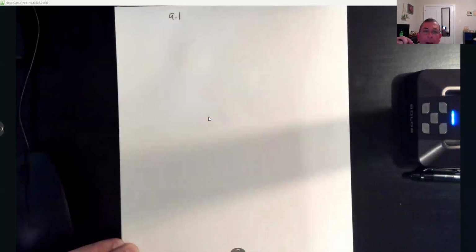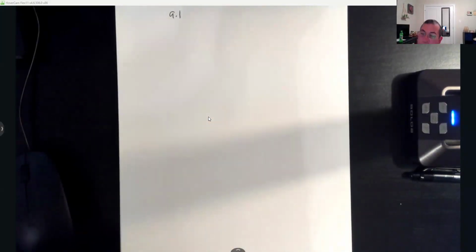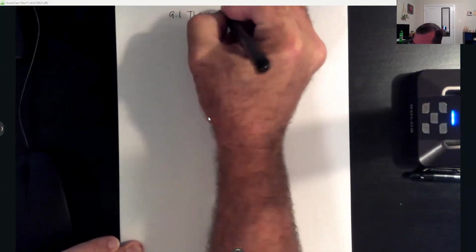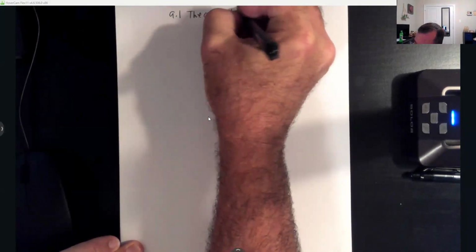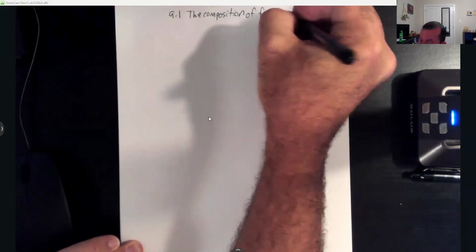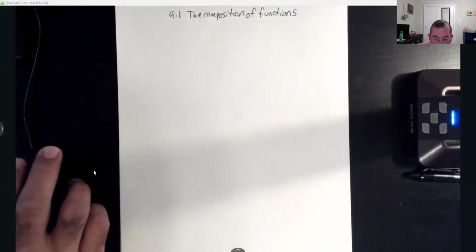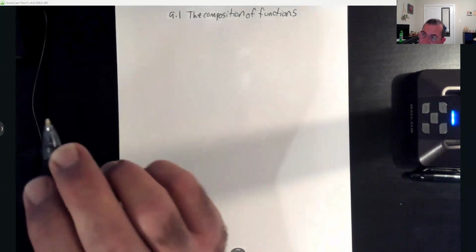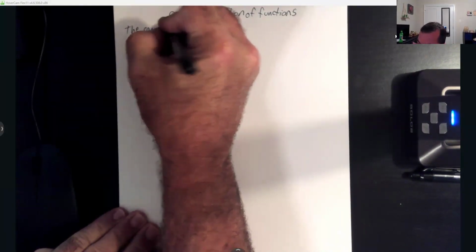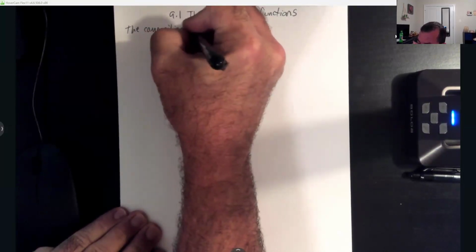Yeah, y'all, so like I said, we're going to start with 9.1. And this deals with what we call the composition of functions. All right, so what do we mean by composition of functions? So y'all, I'm going to sort of write out a little definition on this. So the composition of functions